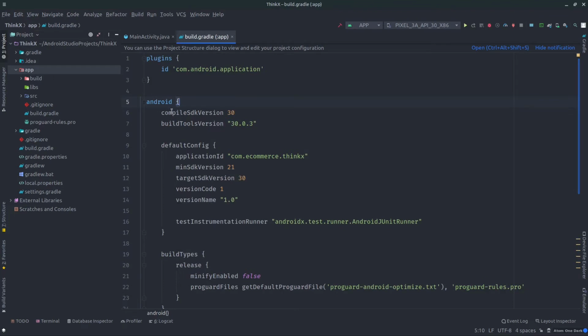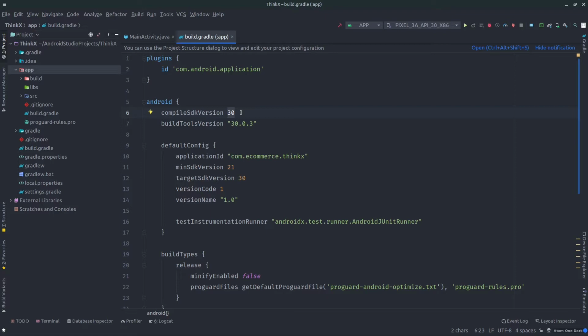So in this Android part, the first thing is compile SDK version. You can see this is set to 30. Now what is a compile SDK version? First of all, SDK is actually the software development kit, and 30 is a reference that we are using. The SDK version is 30, and we have already seen that we have different SDK versions for different Android versions.